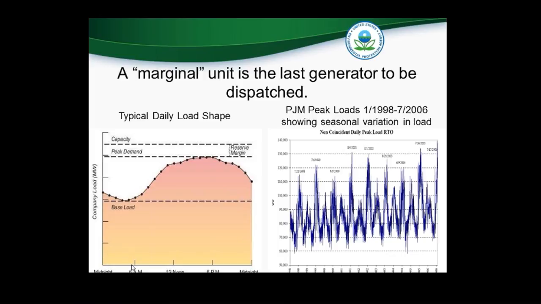The graph on the right shows that there is a big seasonal variability in the demand for electricity. This chart shows each day's peak load from 1998 through 2000 in PJM. The valleys are the spring and fall times, and the high peaks are summer peaks, and the lower peaks are the winter peaks. Next slide, please.